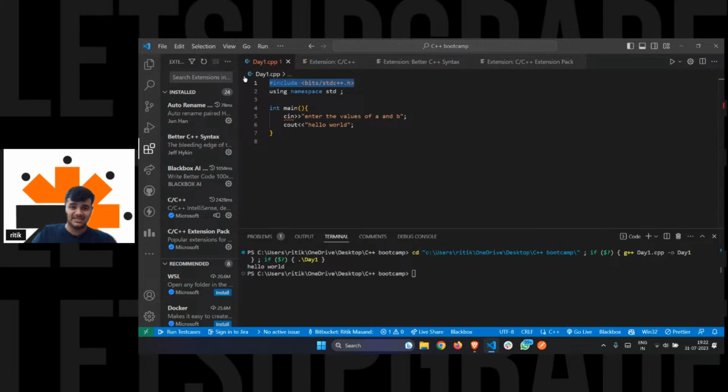That is the reason we use the bits/stdc++.h file instead of the iostream file, because iostream is only used for handling input and output operations. Let's suppose we want to declare an array, or perform some operations on arrays or binary trees. For that we would have to import each header separately. Instead of importing every header file separately, we just have this common header file that contains all the header files. I hope I'm able to answer you, Vedant.